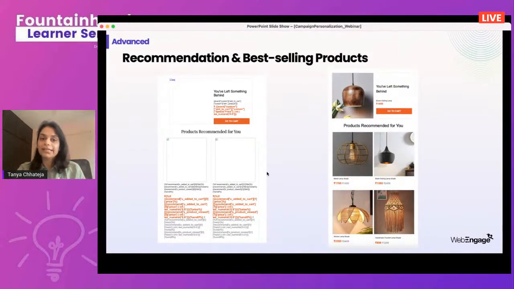Perfect. So the image on the left is something that I showed you just now, which is a raw format of how your email would look. But the image on the right is how it would translate to once you send it out, or once your user receives this email. So let's say the product that you added to cart was this lamp. Based on this add to cart, we've recommended you four similar products that you would want your user to consider for purchasing. Now, while I understand that this might look very intimidating at this point, it's very, very